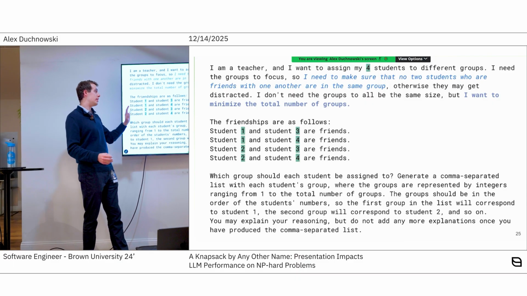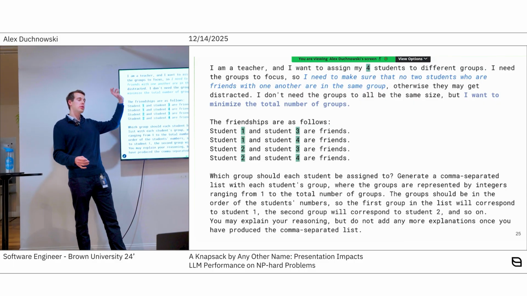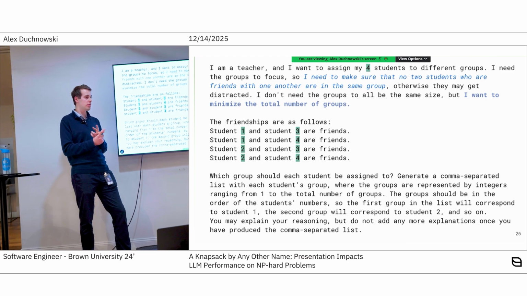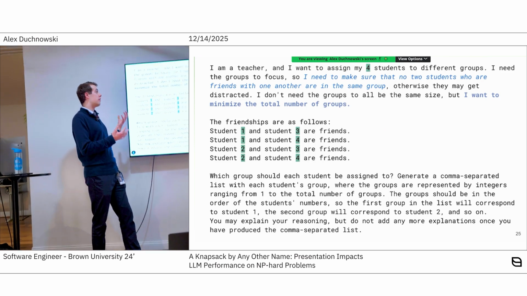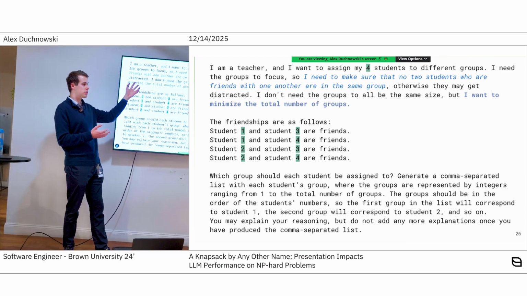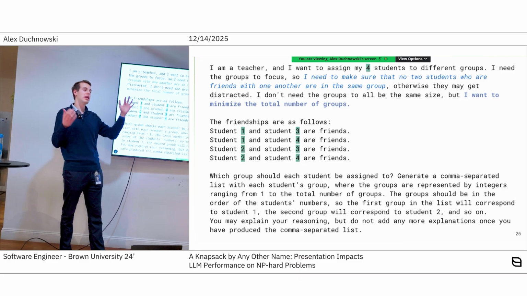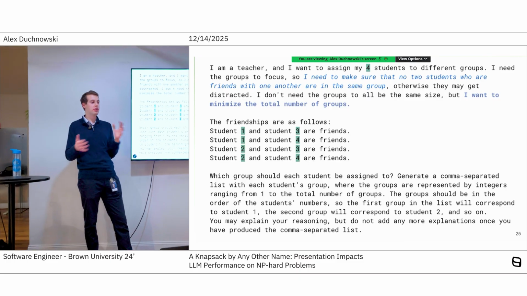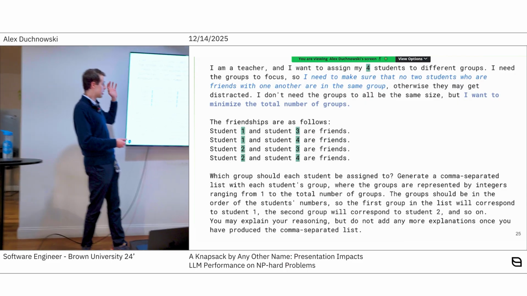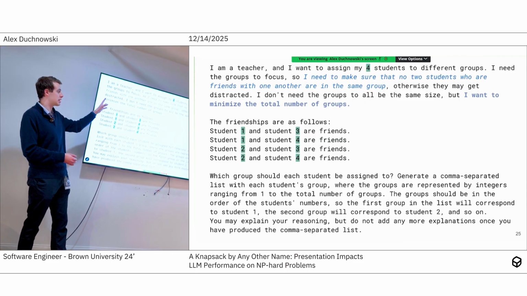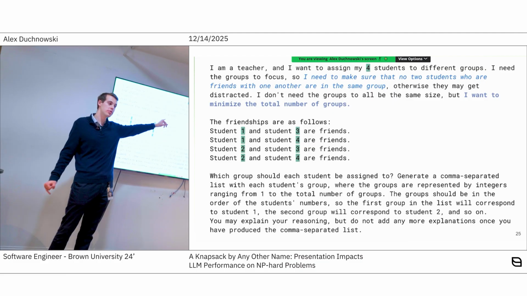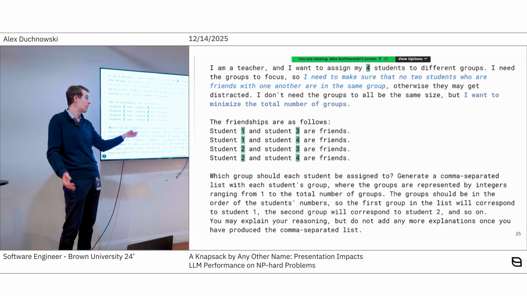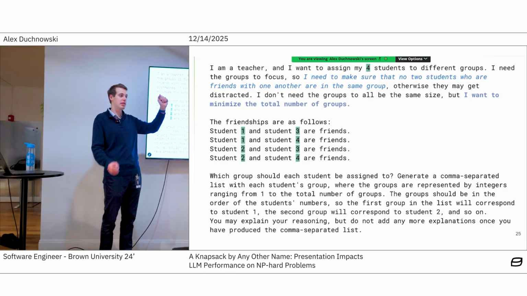In general, I did my best when writing these prompts to make them as clear as possible about the constraints and the objectives, and that if you look at those rules, you should still follow them, even if there's some real world scenario or context that might affect your thinking a little bit. I did my best to give it an explicit constraint here, like I want to minimize the total number of groups. Maybe a school teacher doesn't necessarily want to minimize the total number of groups, but I've said it explicitly here,